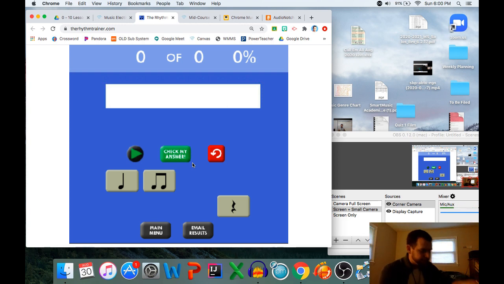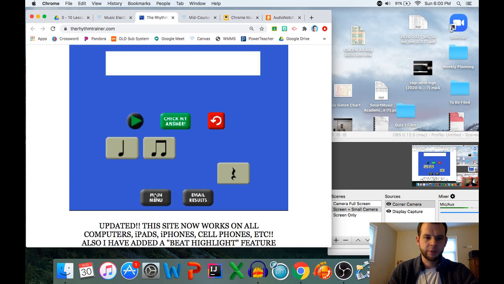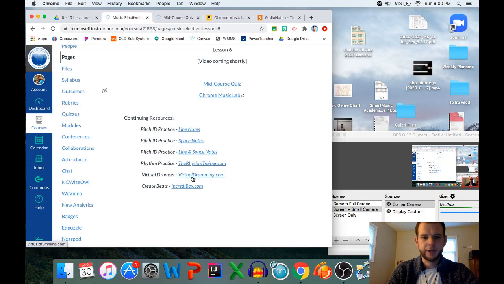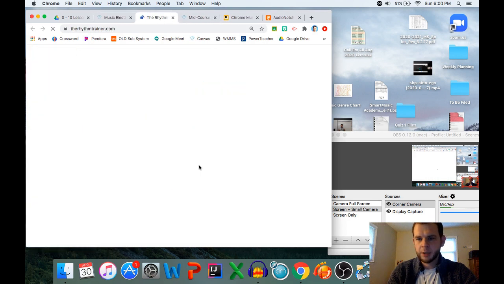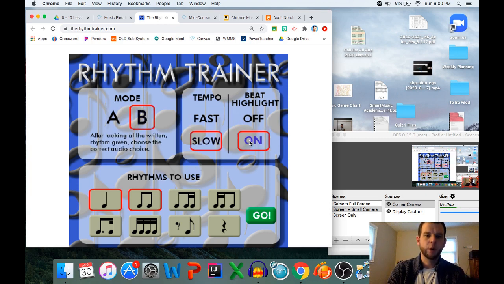Yeah, it's time. So, we're going to flip it now. Go back to main menu. Main menu doesn't want to work for me. I'll just restart. If it locks up on you, you still got your page. Rhythmtrainer.com. I'm going to switch it to mode B, slow, on, pie, apple, and